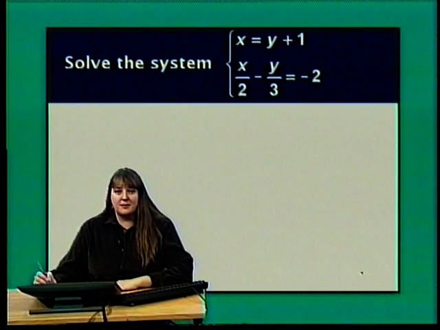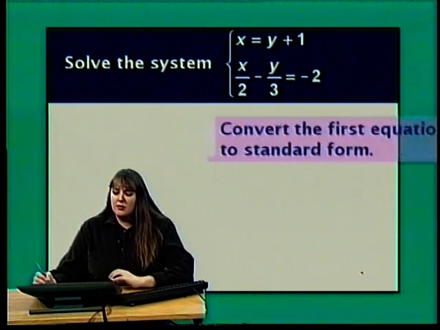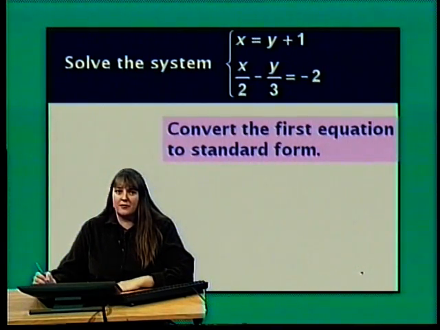Now let's solve the system x equals y plus 1 and x over 2 minus y over 3 equals negative 2. Well, the first thing we want to do here is to convert the first equation to standard form. Notice that this system looks like it's set up for substitution. That is one way I could solve this, but if I substituted y plus 1 for x in that second equation,